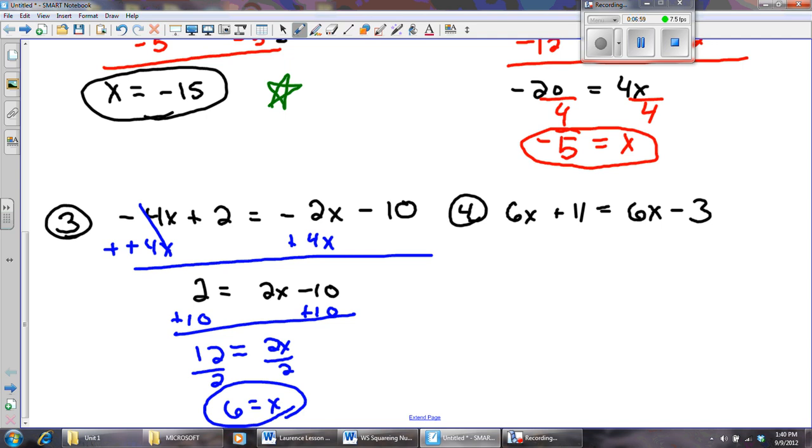All right, last one, a unique situation here. I'm going to subtract 6x from each side. I'm going to get 11 equals -3. Now that should bug you. 11 equals -3. When does 11 equal -3? It never equals -3. That means that this problem has no solution because